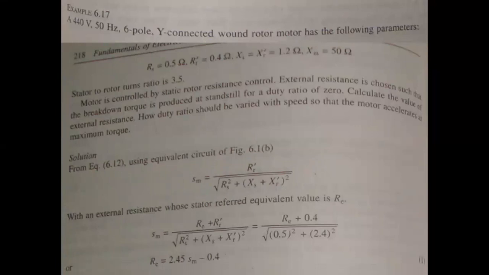Okay. So for this we have to calculate the extra added resistance. In this we have to add some extra resistance to the rotor, not to the stator, to the rotor. So for RR dash we have to add some extra resistance. Write the formula again by adding the extra resistance RE.